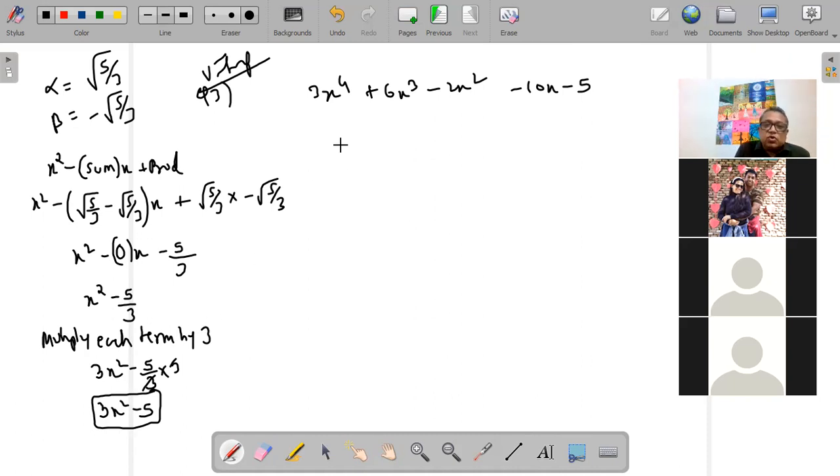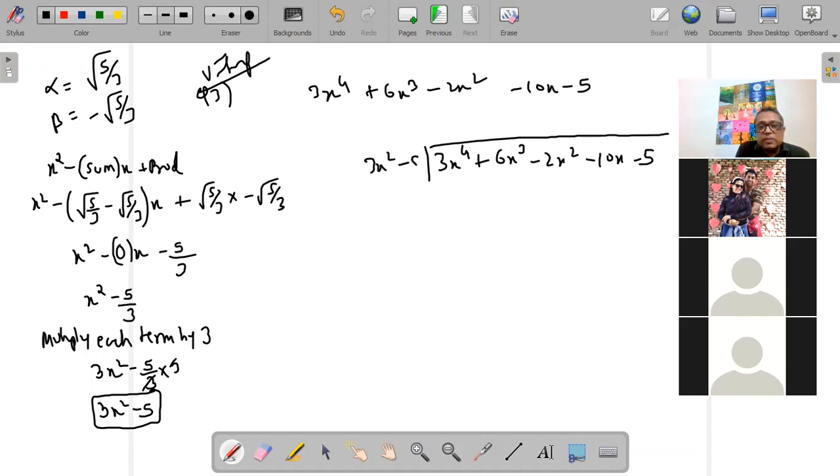Now once we get this quadratic polynomial, अब इजी है। अब हमें क्या करना है, हमने लॉन्ग डिवीजन तो सीख लिया है, तो अब हमें डिवाइड करना है द क्वेश्चन बाय 3x square minus 5। We have already found out the quadratic polynomial, now you just have to divide this। अब हम इसको डिवाइड करेंगे, 3x square को x square से मल्टीप्लाई किया 3x4, -5 into x square minus 5x square, then I'm going to change the signs, ये subtract